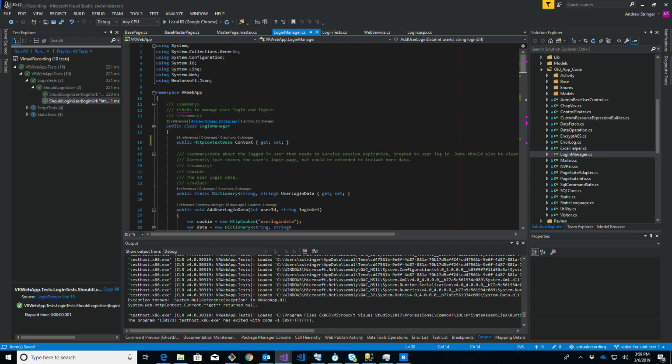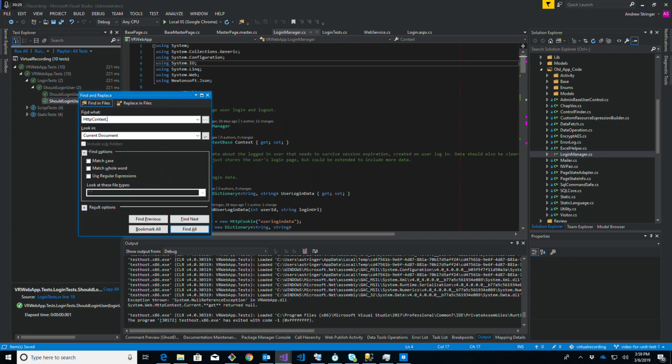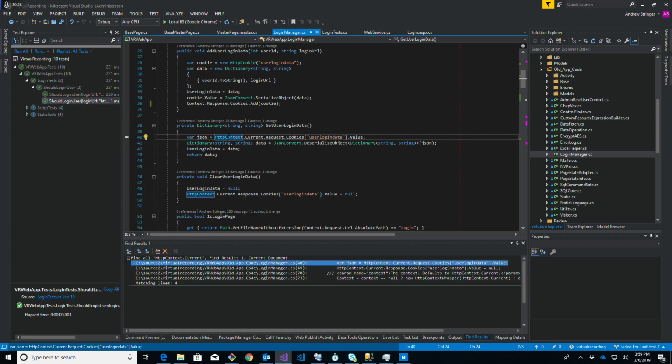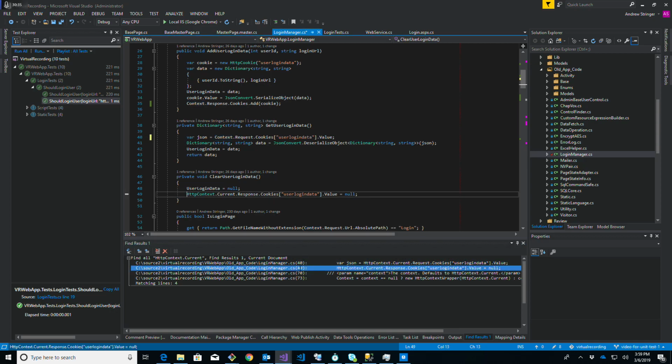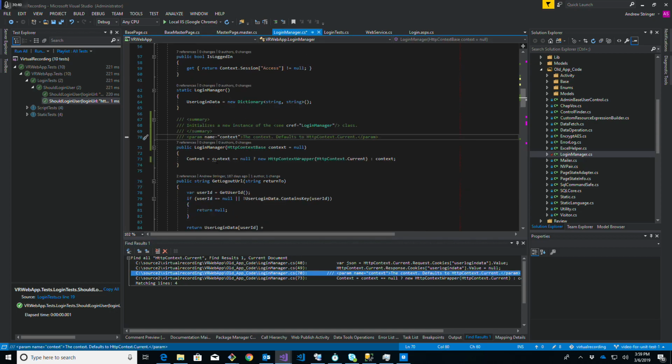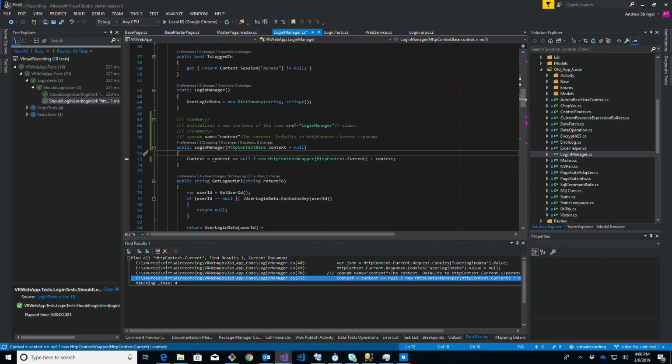So let's go ahead and search through my login manager class right now and make sure I don't have any more of those bad things I don't want. I don't want HTTP context current anymore in here. I want to refer to my context object so that it will work everywhere, including for my tests. Here's one of those bad ones. There's another. Get rid of it. Yep, this one's fine because this is where I actually set my context. I need it there. So this is all good. The constructor still needs to refer to it as a static